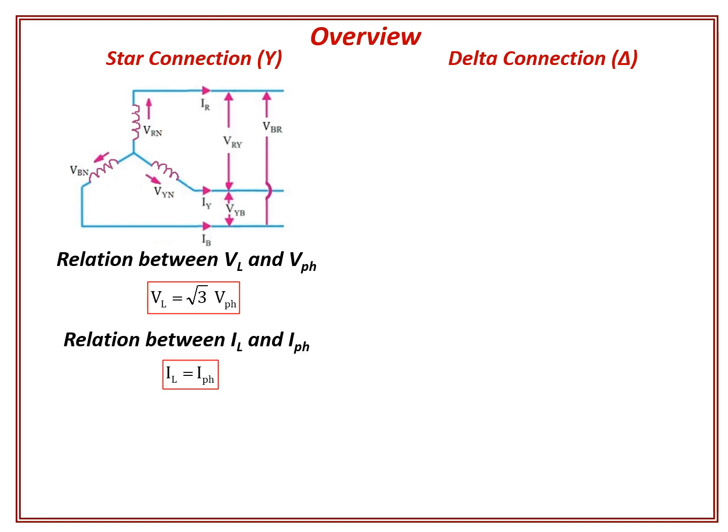IR, IY and IB are the phase currents. Similar to phase voltage, phase current means current flowing through a phase and line current means current flowing through a line. In star connection, a phase is connected in series with a line. Therefore, line current IL will be the same as phase current I phase. Here also IL and I phase represent the magnitude of line currents and phase currents.